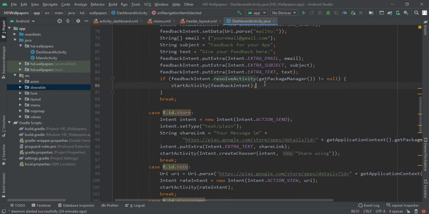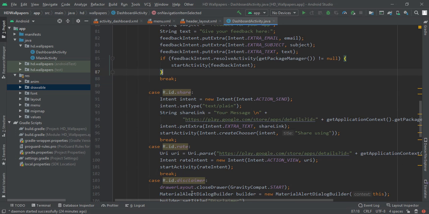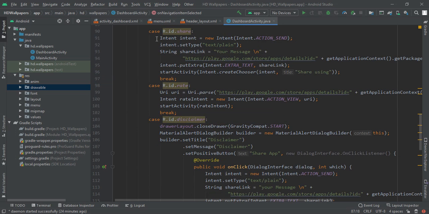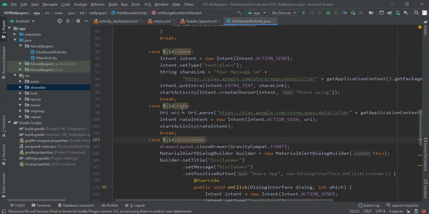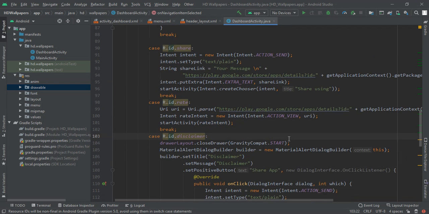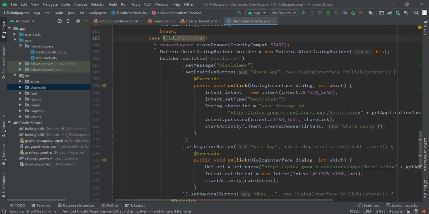So we will get all the mails in our application, and then we are going to create a share intent and a rate intent, also a disclaimer. First let me explain the disclaimer, because share and rate are easy. So here is our disclaimer. In the disclaimer we are going to first close our drawer, and after that we have to use the material design alert dialog builder,